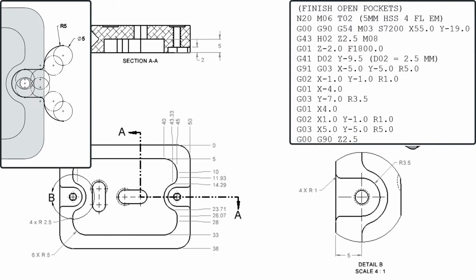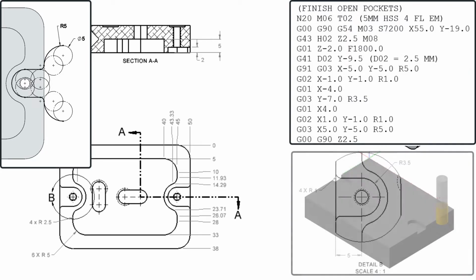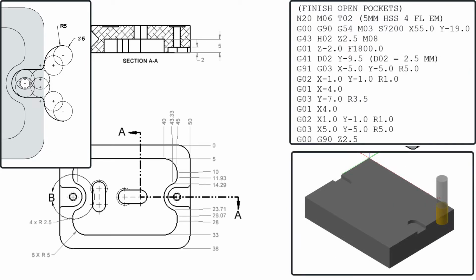Since the tool is already on the right side of the part, I'll finish this side first by programming the tool to climb mill the open pocket profile. The cutter path as shown in the upper left-hand corner of the screen will be coded using cutter compensation and